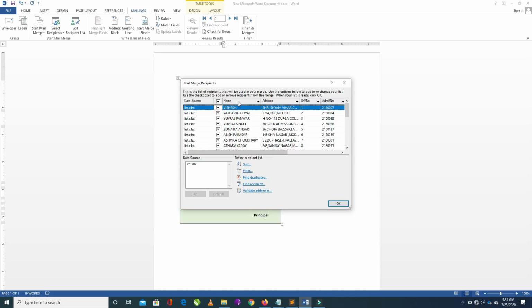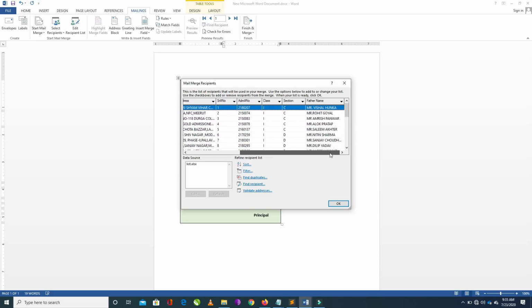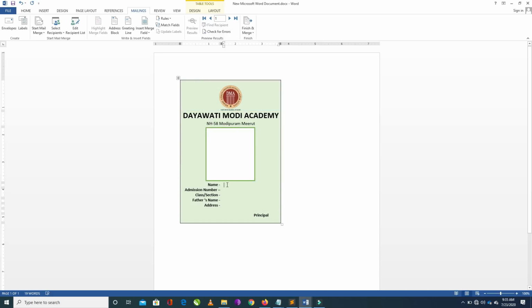Here these are the headings, so in these fields: name, serial number, like this. Okay, so click OK. The most important step of the mail merge is to insert the merge field. What is a merge field? A merge field is a field from that table we have taken from the Excel file. We have to insert merge fields in our ID card. So in the name option, we have to insert the first merge field, insert merge field, like name. Click name. In the admission number, I will add